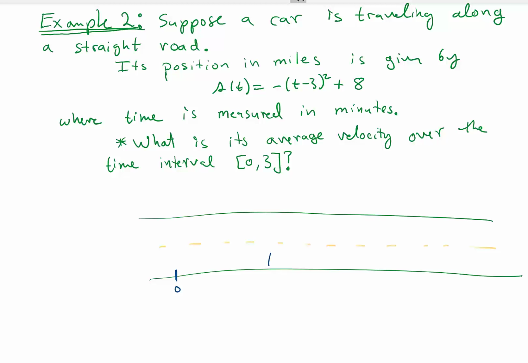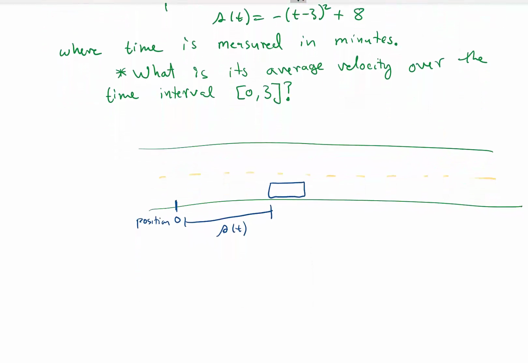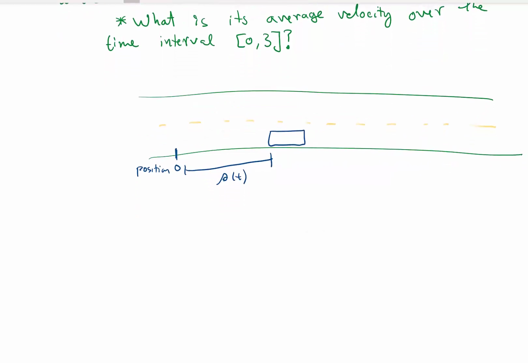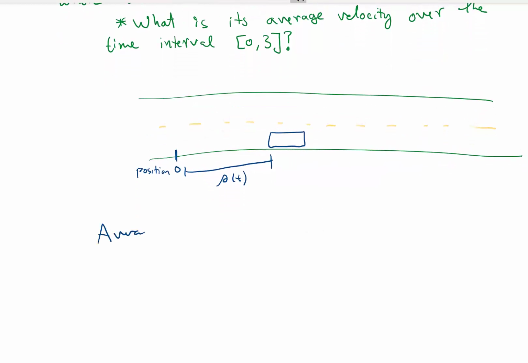And then wherever your car is, the distance from that reference point is your s of t. It's how far the car is from your reference point at time t, and we call that s of t here. And you'll notice that we quite frequently use s for position. Okay, and so now to find average velocity, it's the same formula. So average